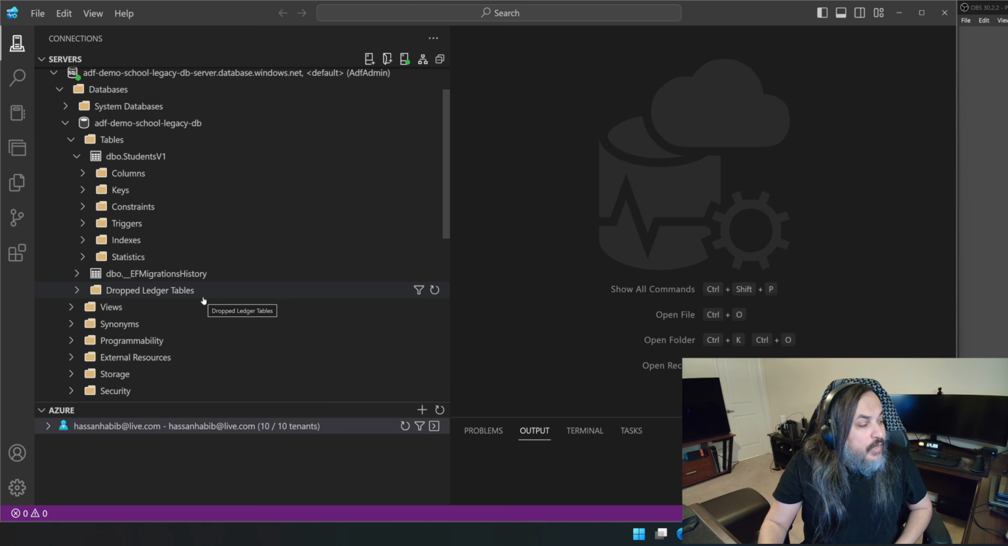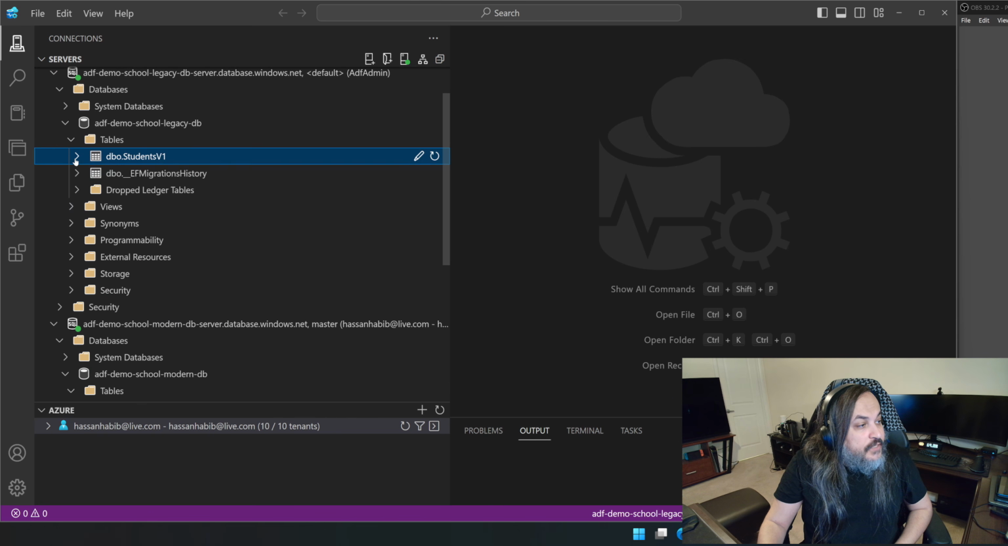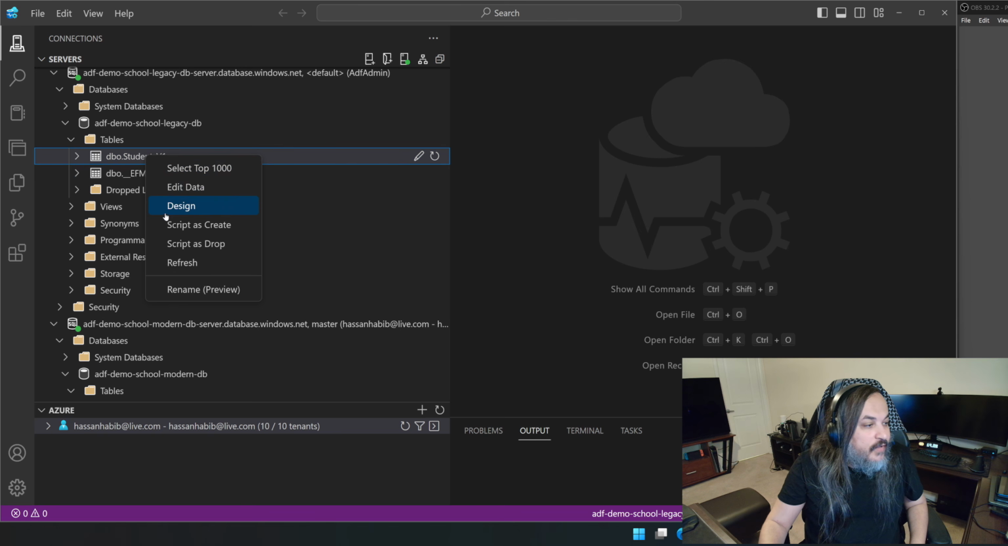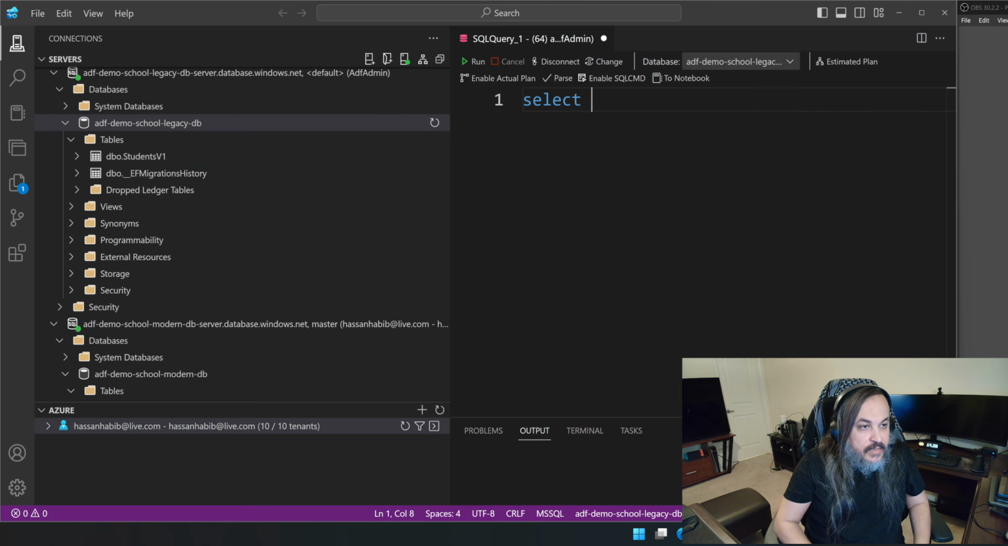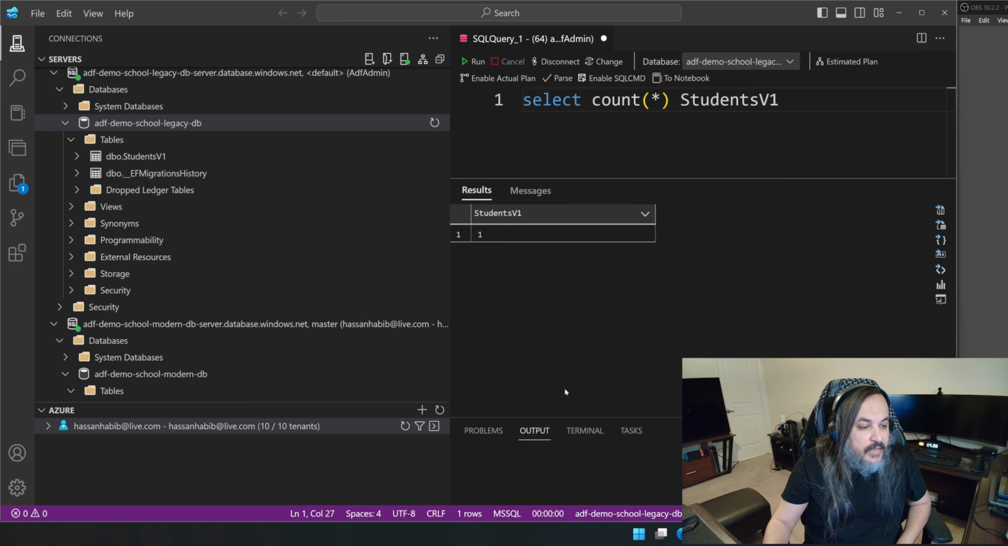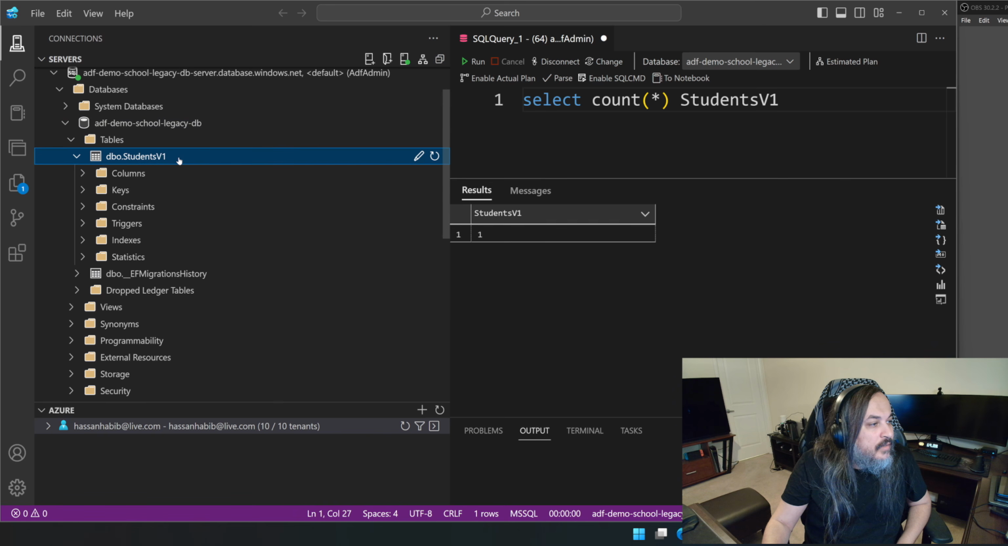And then what you're going to notice in here is that the first database table, I inserted a million records in it. It's a million and some change. If I go like this and say, okay, give me a query, select count from students v1, and I do count like this, it's going to give you about